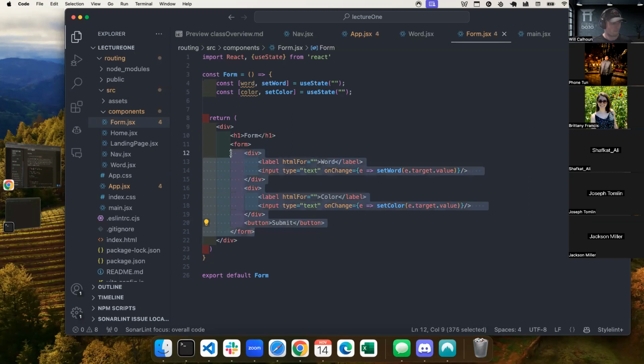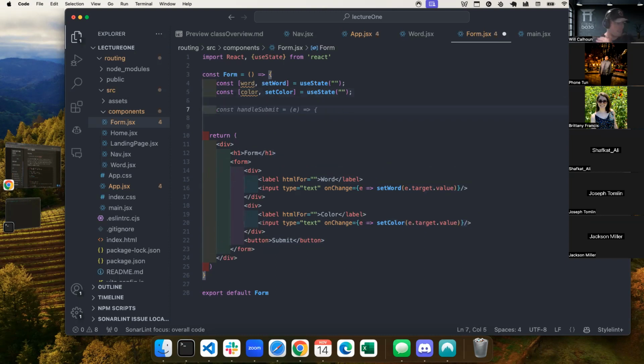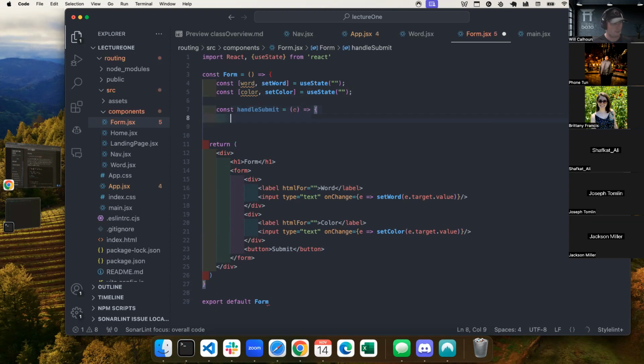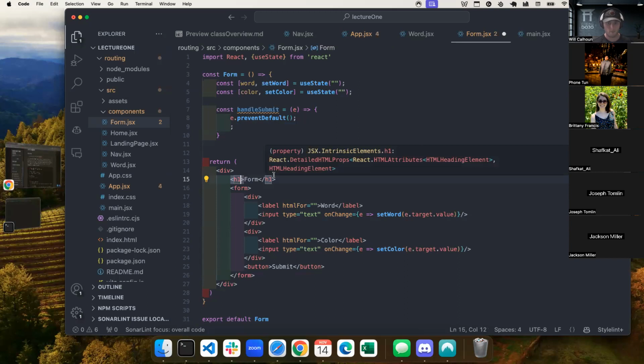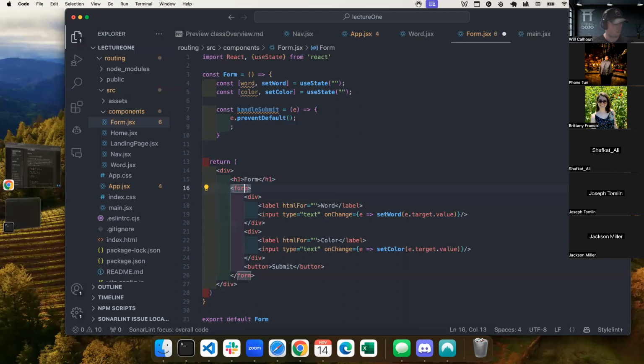Okay. We've got this form, we've got a submit button, we're capturing the values. So now what I need is a submit handler, right? That takes an event. What I do is I prevent default. For right now, I'm not going to console log, but I do need an onSubmit for my actual form itself.